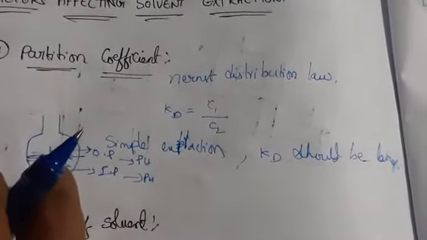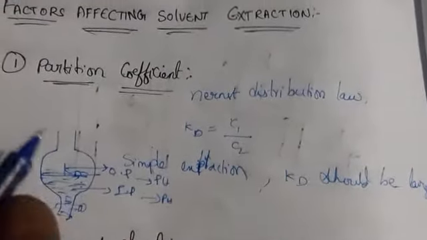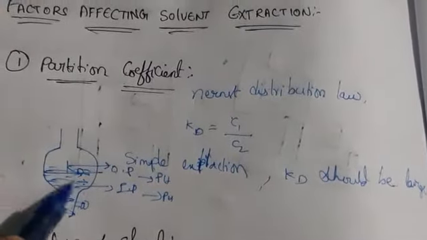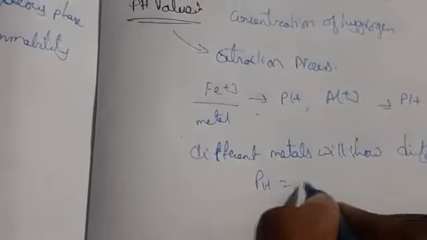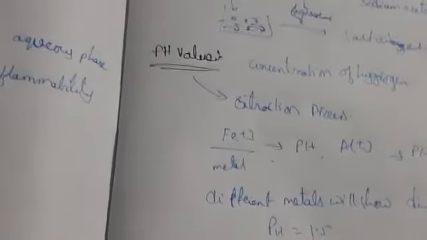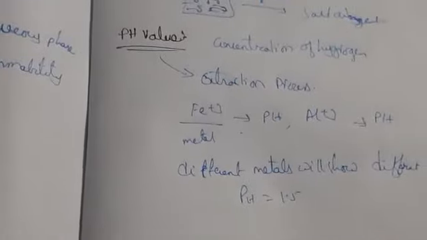When you add amine as an extracting agent, meaning we are doing solvent extraction of amine from the aqueous solution, what happens? The pH value here for amine will be 1.5. Okay, so how are we going to know this pH value? Based upon buffer solutions.